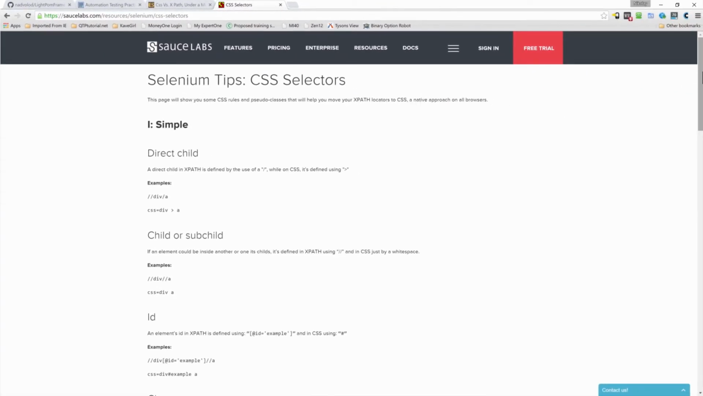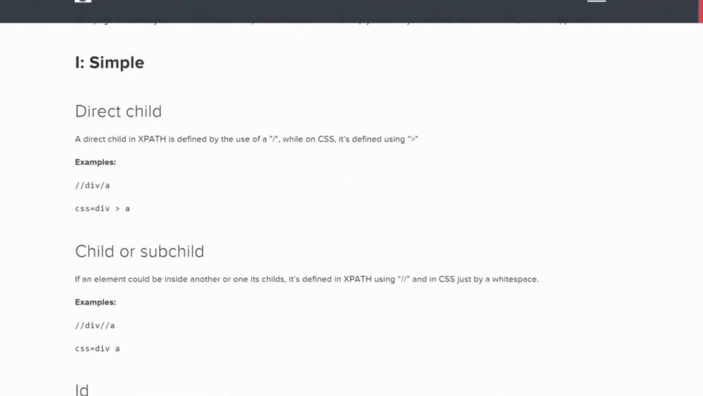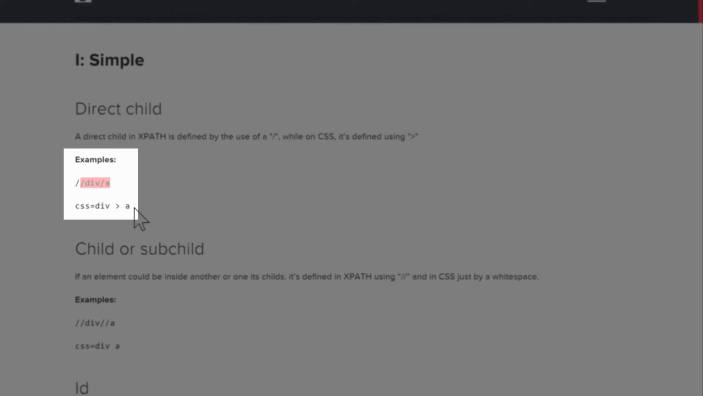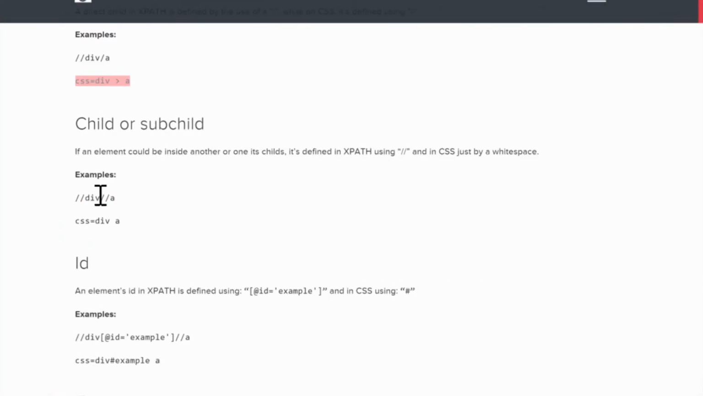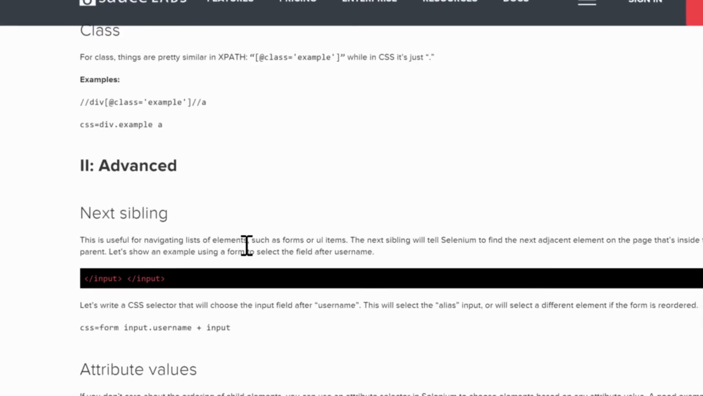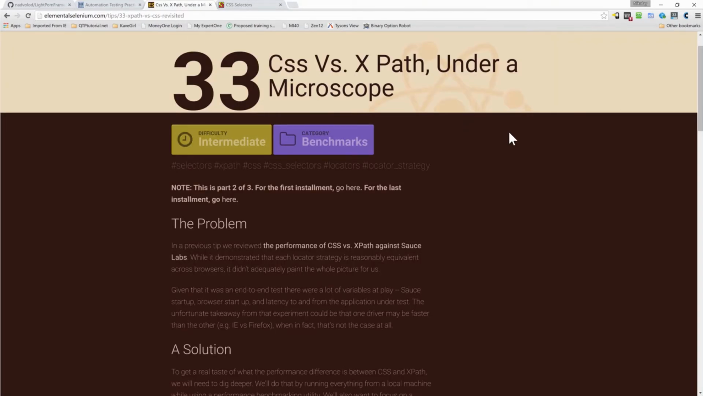saucelabs.com/resources/selenium/CSS-selectors, where they talk about identification using CSS. And they actually give you examples. Right here is XPath. Here's CSS, XPath, CSS, XPath, CSS examples, and they talk about it, and then they actually claim that it's faster. But then there is another resource that I want to show you guys, which is by